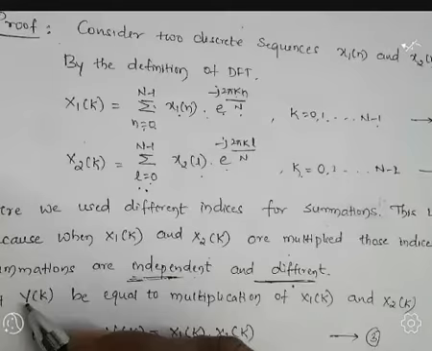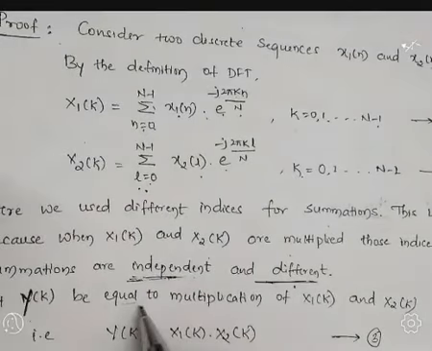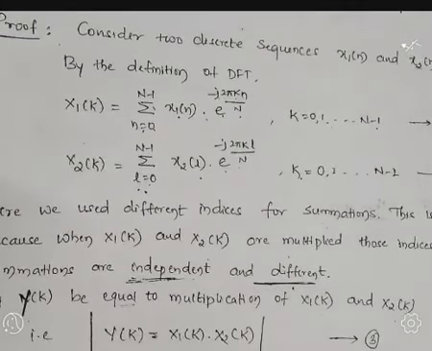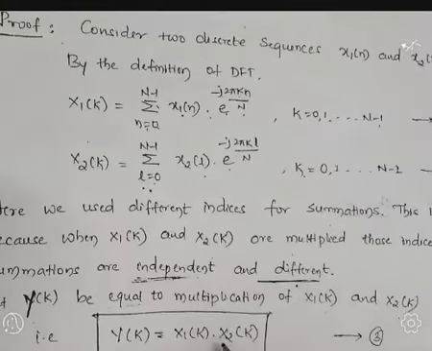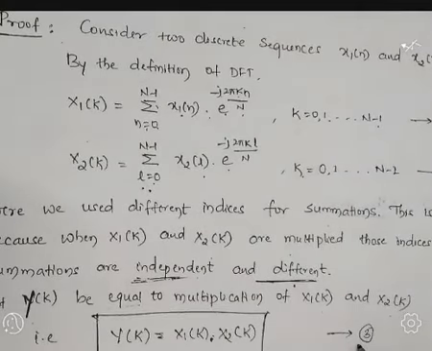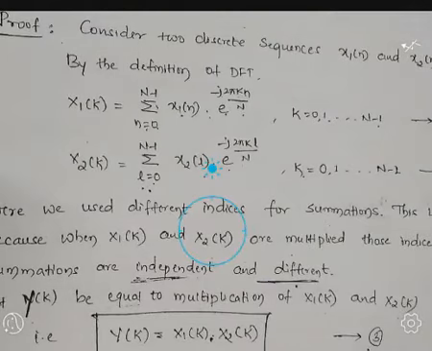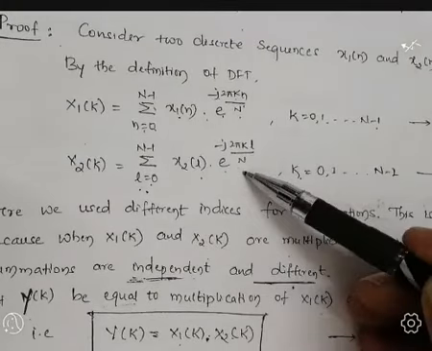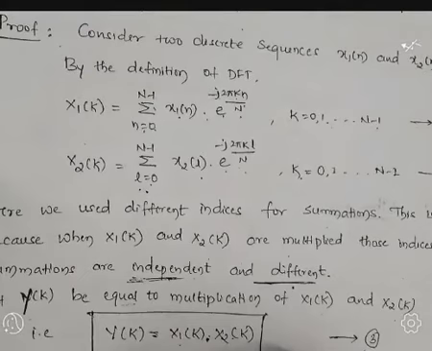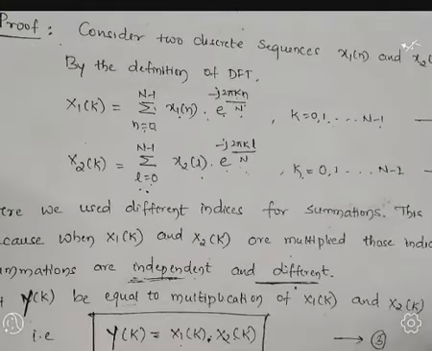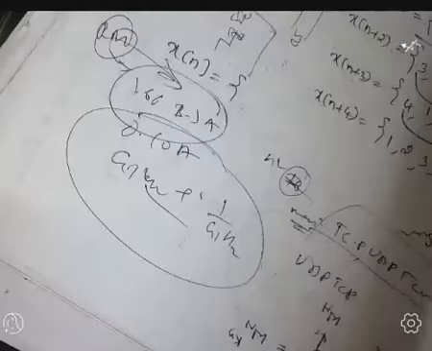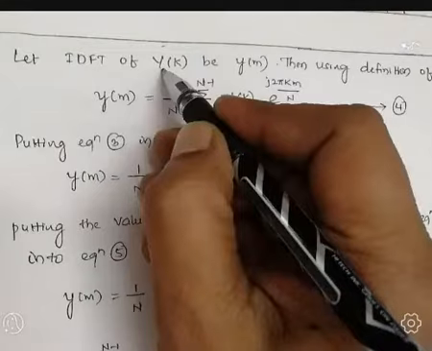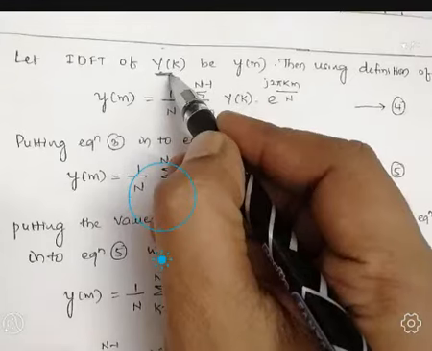I'm going to represent y of k, where y of k is equal to the multiplication of x1 of k and x2 of k. So y of k is indicated by the multiplication between x1 of k and x2 of k. Let us represent it as equation number 3. Now, already we know x1 of k and x2 of k. So the multiplication operation is indicated by the result y of k. Okay. Now let us substitute the x1 of k and x2 of k values in y of k. Before that, y of k is what? It is the multiplication between x1 of k and x2 of k.